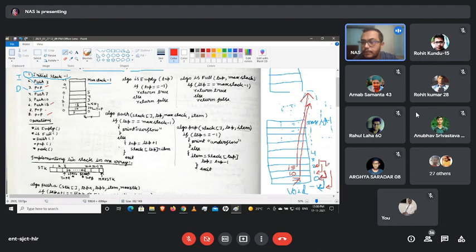So obviously the pointer will move back in order to pop out, because the pointer can't stay here; if we want to do a delete operation, it would show an empty space there. So the pointer will move backwards and come here, and another pop operation occurs. This one will again pop out, and the pointer will again come to 0.